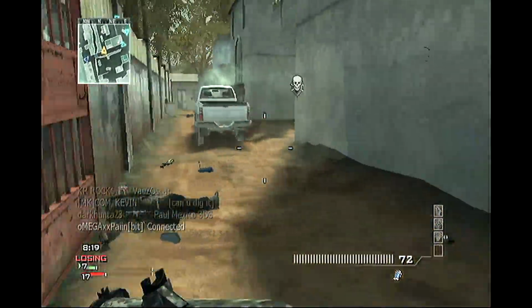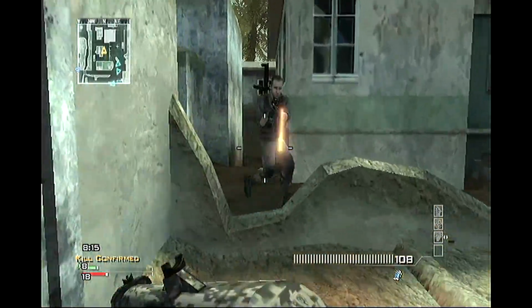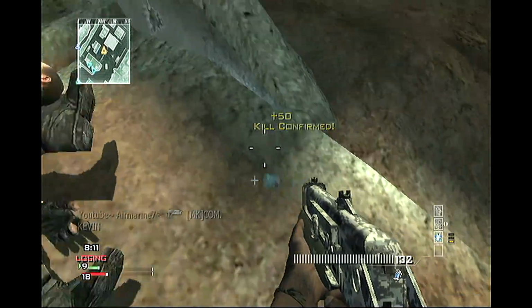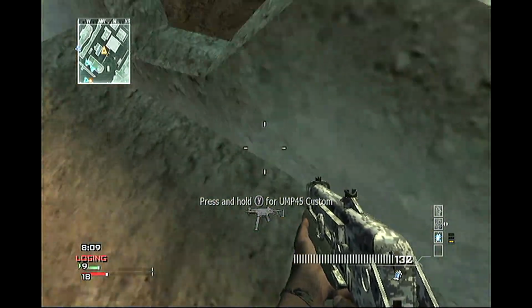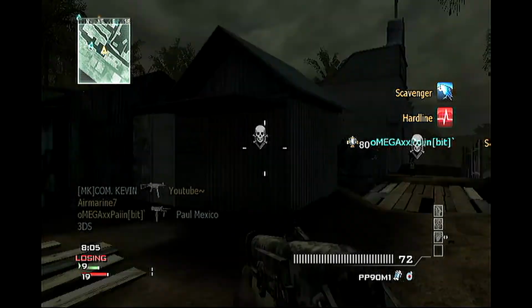And I think his username, I'm looking at the kill feed right now, oh yeah, it's mkcom something. It's the com.kevin or whatever. I'm pretty sure he's the hacker because he was in the game for 5 rounds or something, and I killed him right there, and I started teabagging him. And I also think he has the 2 attachments